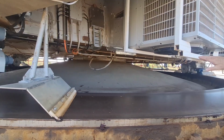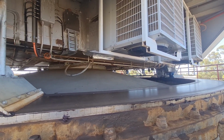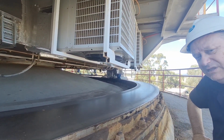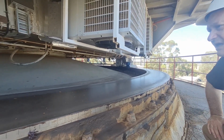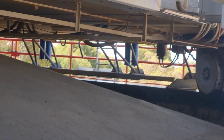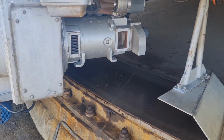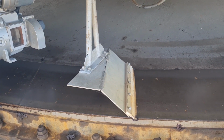But you can see there's nothing actually holding it down. It's pivoted in the centre, and it's just the sheer weight of the structure that keeps it grounded onto the track here. From this level on up, everything weighs 1,000 tonnes. And when it's in the stow position like it is now, that's a safe position, and it can withstand winds of over 200 kilometres an hour, which we never get here. That's cyclonic, we never get that. The highest wind speeds recorded are around 110 or so kilometres an hour. And in fact, in the first 10 years of the telescope's operation,